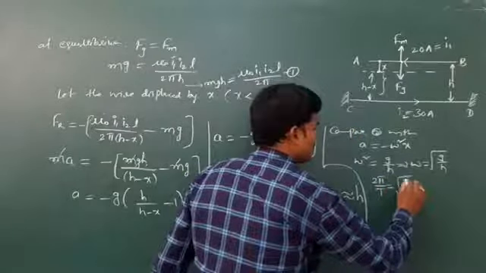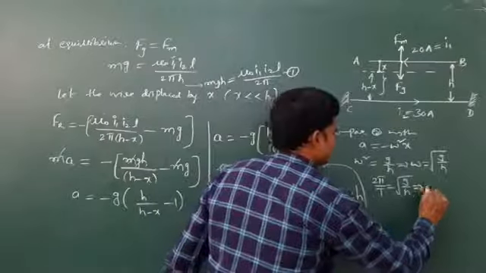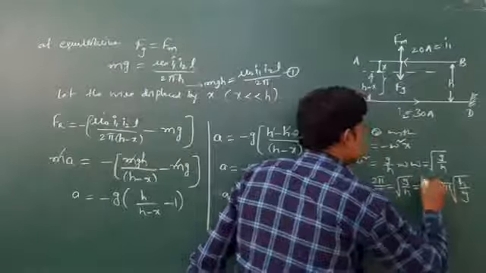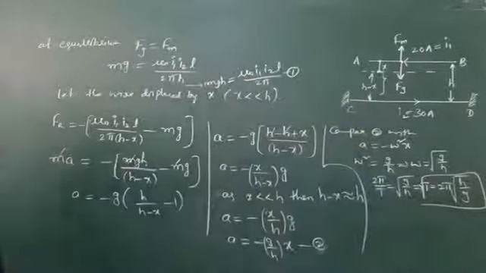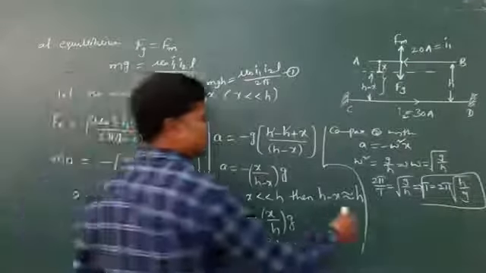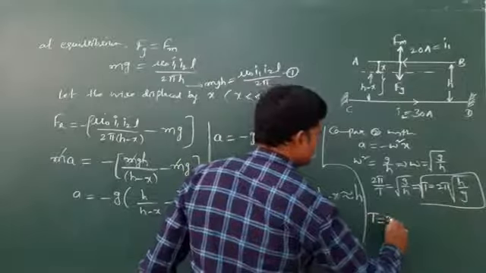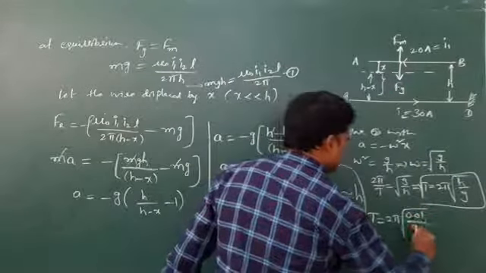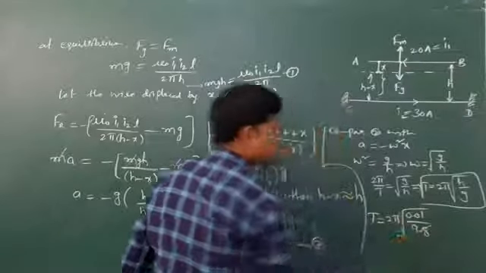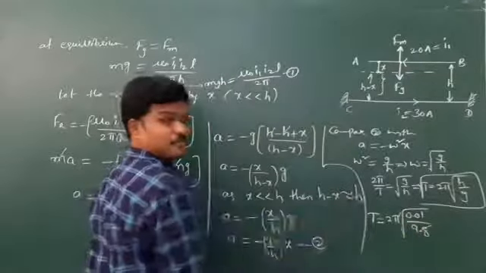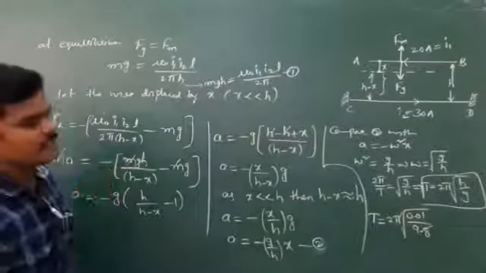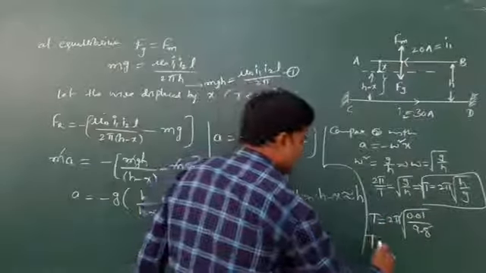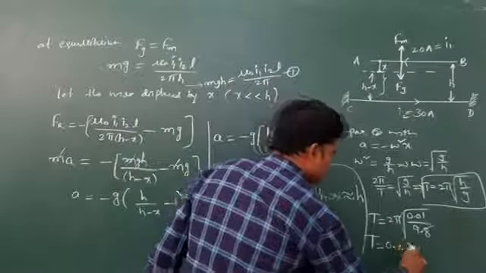No need of these many steps, you already know these things. The time period is 2 pi root of h by g. That is the time period equation. Substitute the h value, h is the gap at equilibrium. So 2 pi root of 0.01 by 9.8, and taking pi as approximately 3.14 the pi and 9.8 cancel. The root of 0.01 is 0.1. Now the time period is 0.2 seconds.